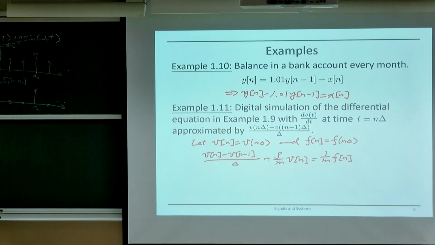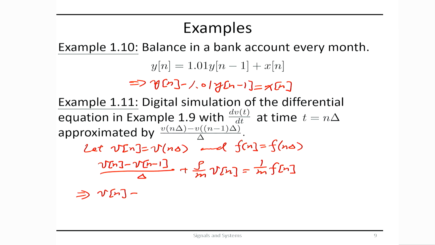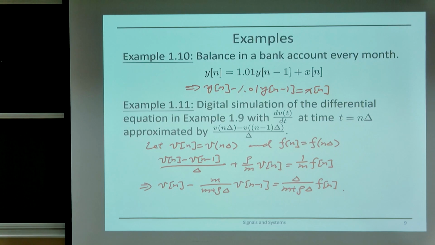Right. So if you like, you can reorganize this to make it cleaner, maybe combining the Vn terms together. So this will give you Vn minus m over m plus rho delta Vn minus 1 equal to delta m plus rho delta Fn. Okay? So this is just shifting around the terms to give you something a little bit nicer to